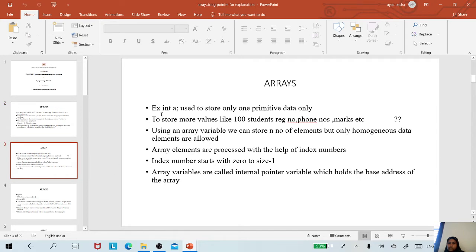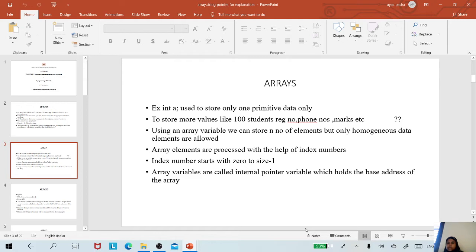In the previous slide I told you int a is an example which is used to store only one primitive data. To store more values like 100 students' register numbers, phone numbers, marks, etc., we have to make use of arrays. So arrays are variables in which we can store n number of elements, but only homogeneous data elements.